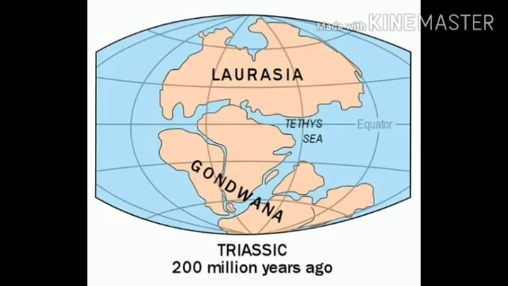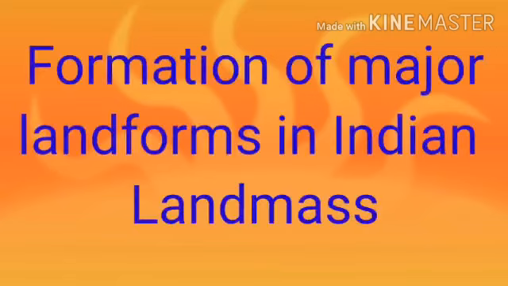Isn't it? Students, can you tell which areas comprise the Gondwana land? Yes, the Gondwana land comprised of India, Australia, South Africa, South America and Antarctica. Moving on to understand formation of major landforms in Indian landmass. Students, the Himalayan mountains uplift out of the Tethys and subsidence of the northern part of the peninsular plateau gave